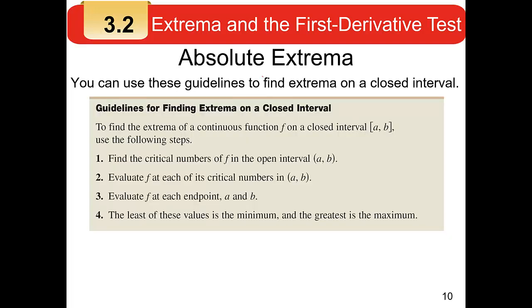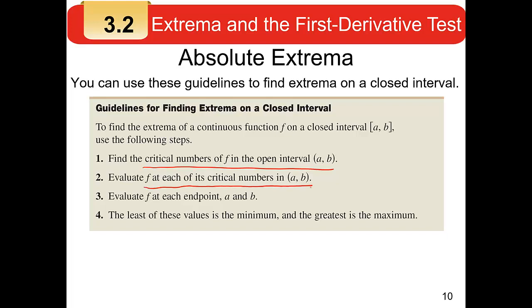If you want to find the extrema of a continuous function on some closed interval, you're going to find the critical numbers just like we did in the earlier problem. Then you're going to take those critical values and find their y values. In other words, when you say max and min, you're talking about y values. When you say something's a maximum, you're talking about height. So the heights are represented by the y values. So when you evaluate a function at those critical numbers, what you're doing is finding how high those critical values go